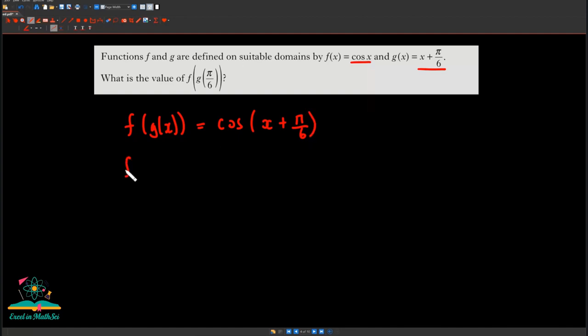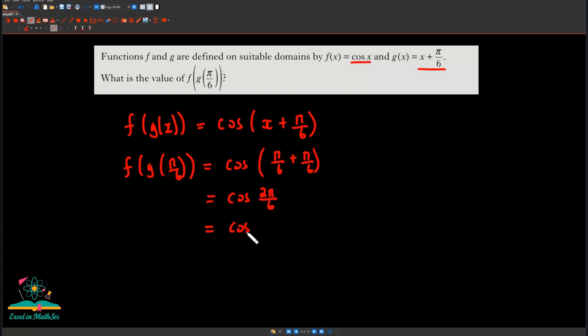And if we want f of g of pi over 6, then that will give me cos, so that would be pi over 6 plus pi over 6, which would give me cos 2 pi over 6, which will give me cos